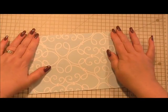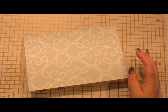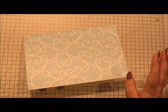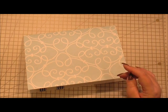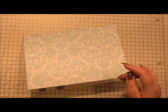So let's now focus on the outside. This is going to be really simple. It's the preparation that took the time for it, and once it all comes together you'll see what I mean about the preparation. The first thing that I did was, because I've got the patience of a saint,